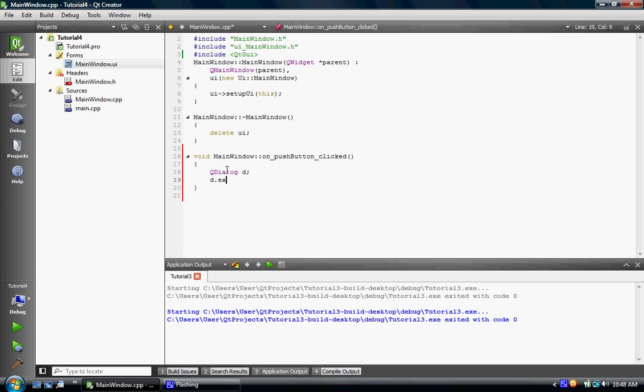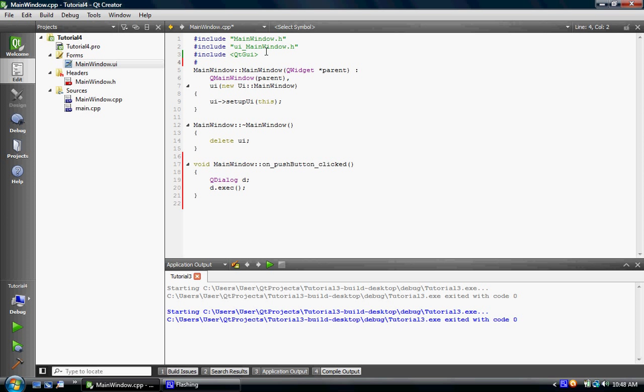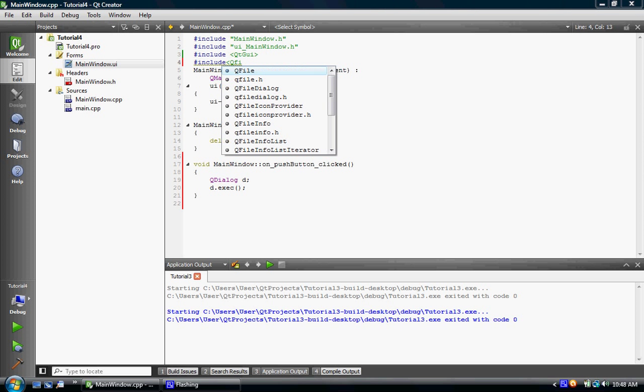d.exec, which is execute, and that should have popped up, but for some reason right now the IntelliSense isn't working. I guess I could have done the include QDialog, so I'm going to include QFileDialog, because we're going to use that in a split second. And now